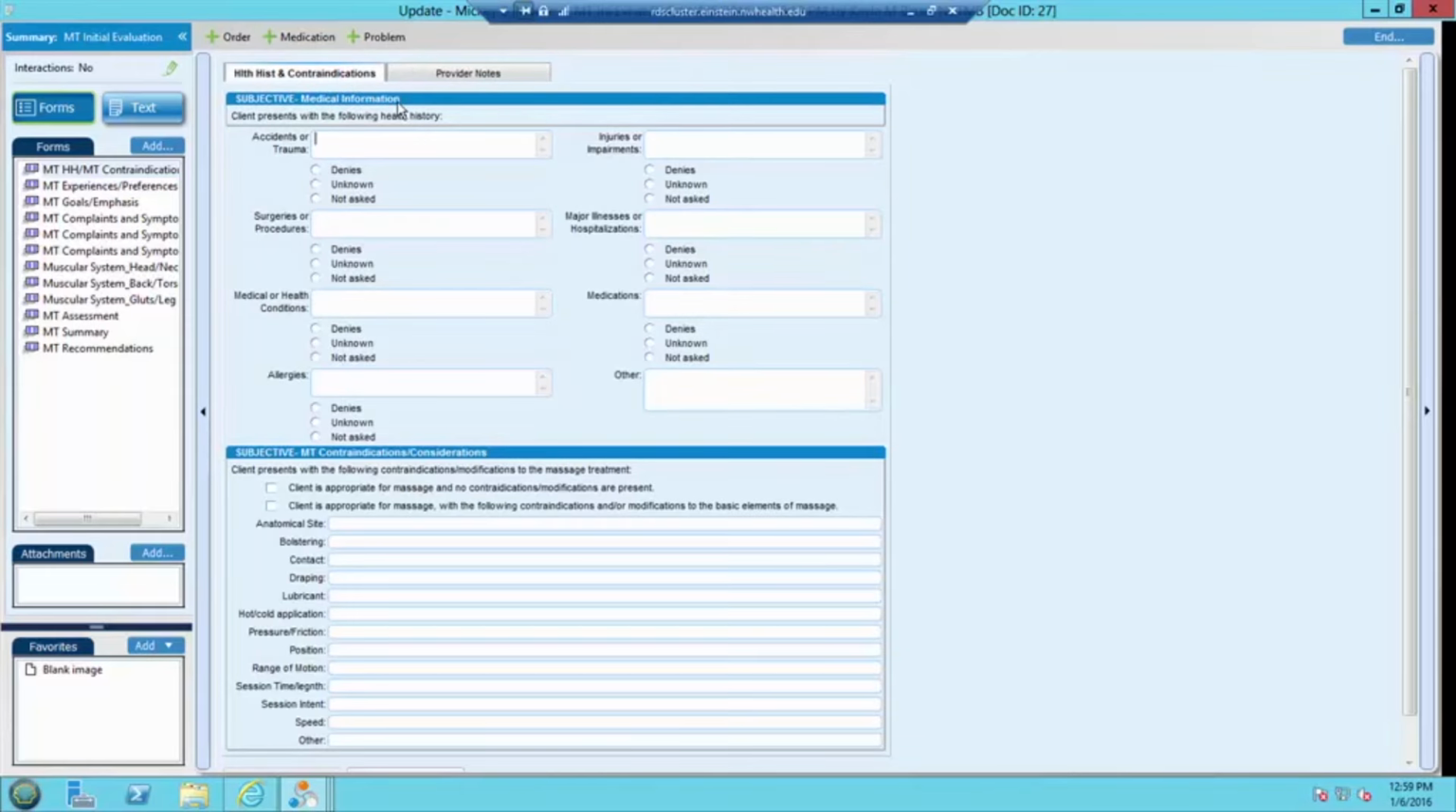So here you will see medical information. Client presents with the following health history. Accidents or traumas, you can indicate a date. You can also say if they have any injuries or impairments, whether they deny it, it's unknown, or you did not ask the question. Here you can select surgeries. Medical illness or hospitalizations, medical or health conditions,